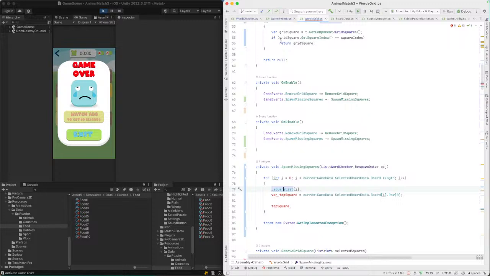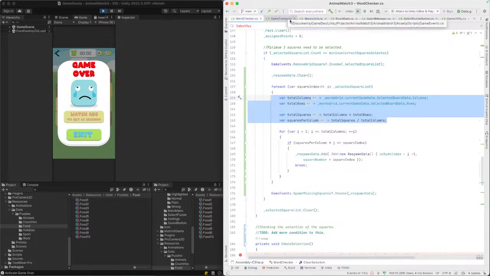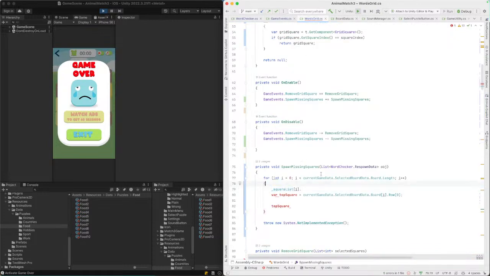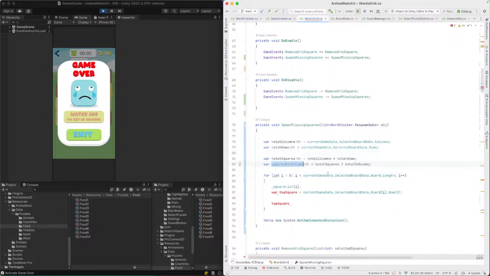Okay, so I think we can modify this a bit. So I can grab this, I can put this here. Okay, that is the square per column, and I need the total columns, so